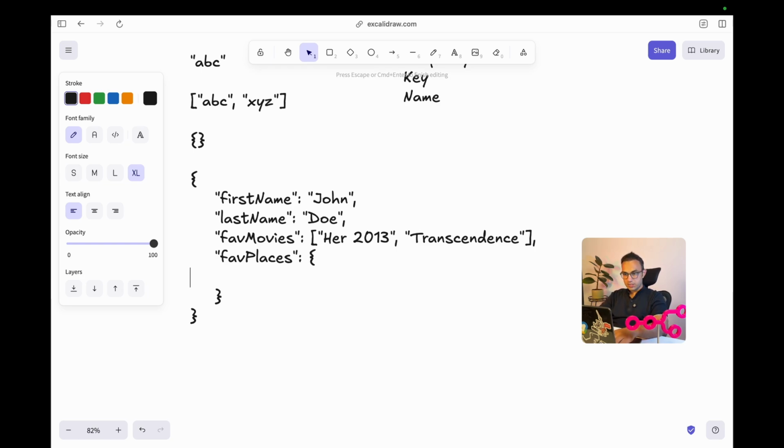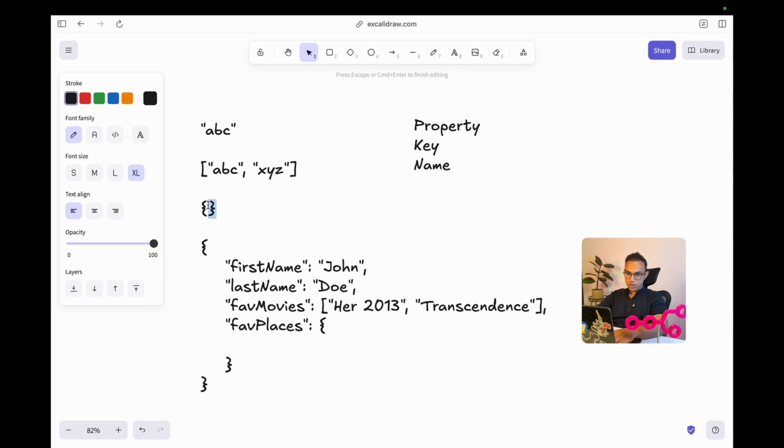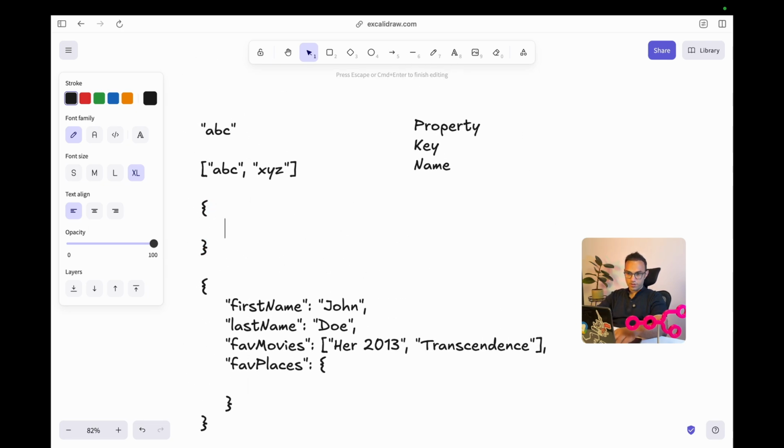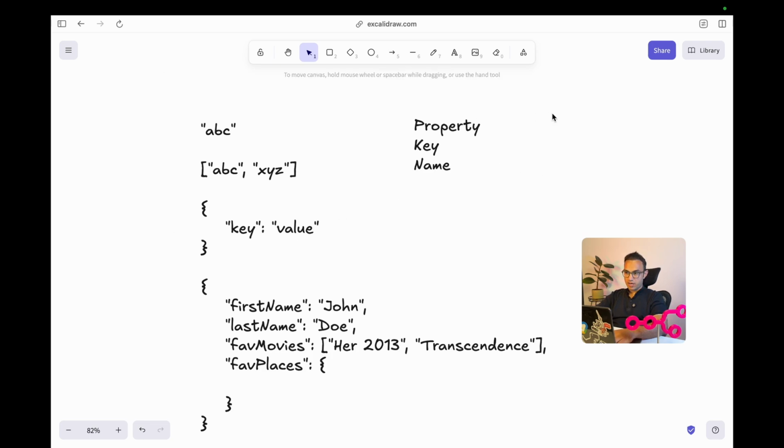So that means I can capture more information about John Doe's favorite places. Because I know the format of an object must have two things, like that string and that string. That is called a key, and that key should have a value. And that value can be of different types: an object, a string, or another array.